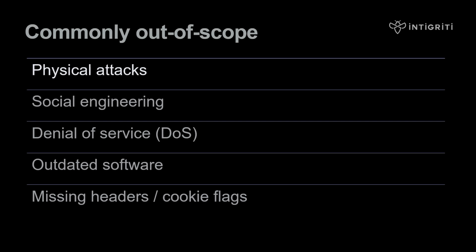Social engineering, or phishing, involves manipulating individuals, which is not the primary focus of bug bounty programs. They concentrate on identifying technical vulnerabilities. Although social engineering is quite common in red teaming and pen testing, it's pretty much always out of scope for